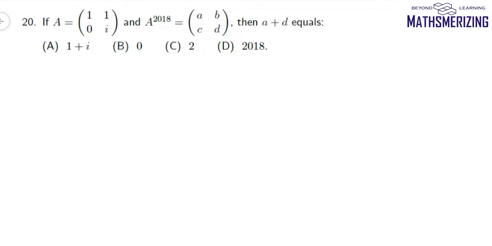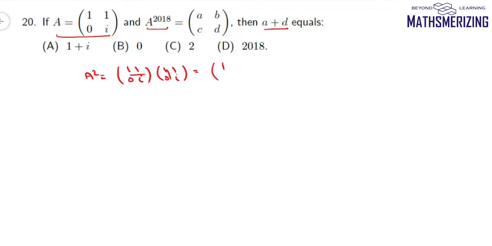Now in question number 20, we are given this matrix A, which is [1, 1; 0, i], and it also says this A to the power 2018 is [A, B; C, D]. We need to find the value of A plus D. Now we'll find A square. So A square will be [1, 1; 0, i] times [1, 1; 0, i]. So if I multiply them, I'll get